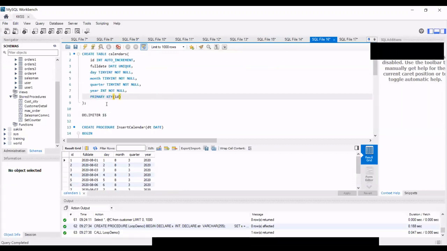Okay, yeah. So for this example, what I did was I created a table. Drop this table.